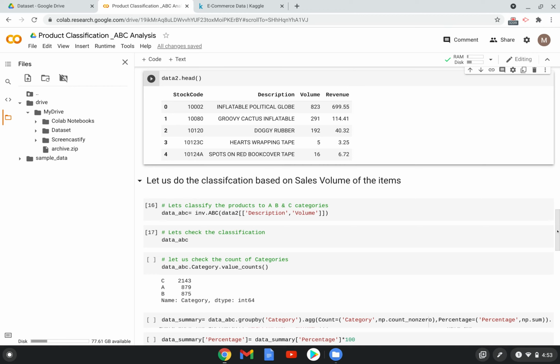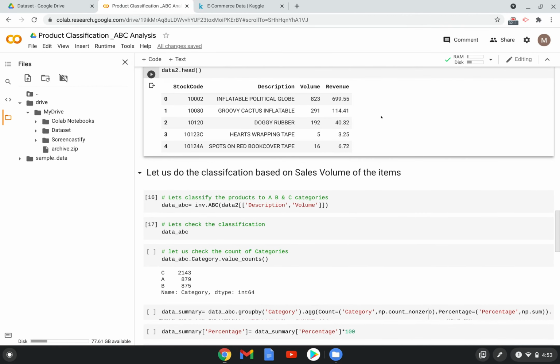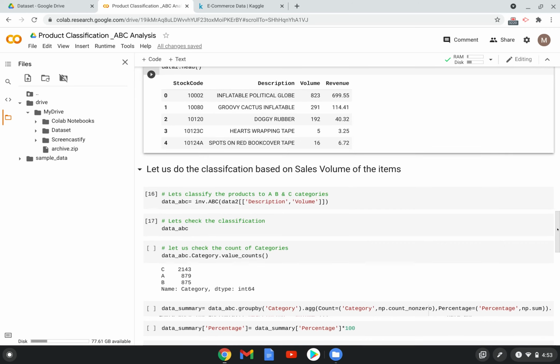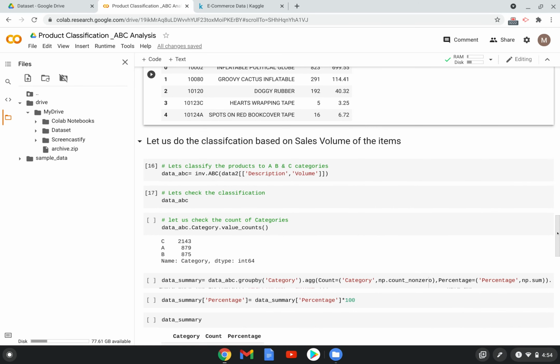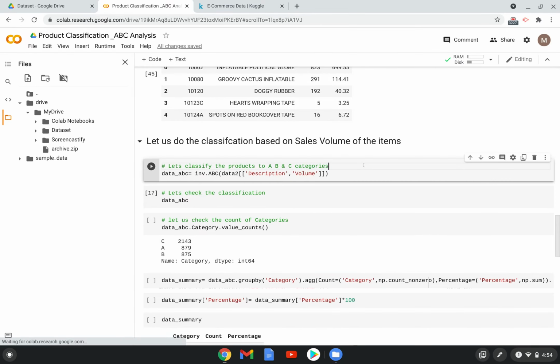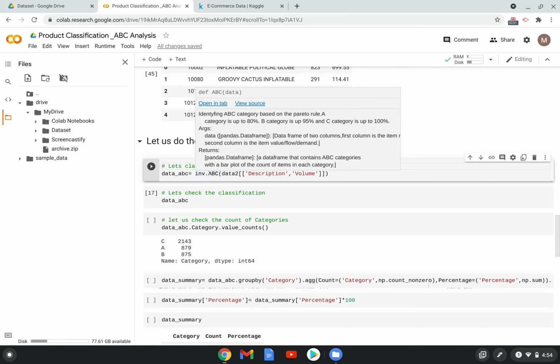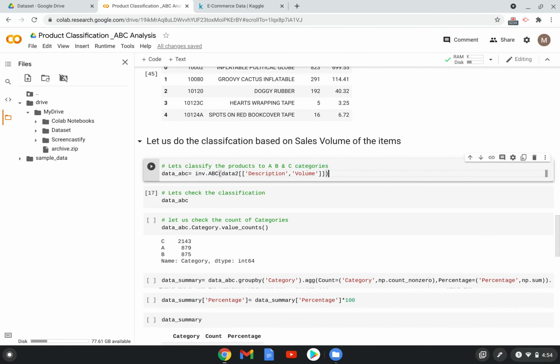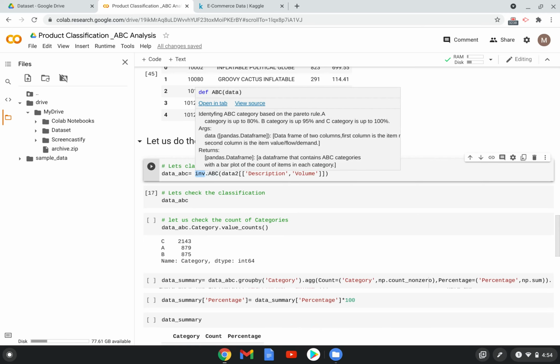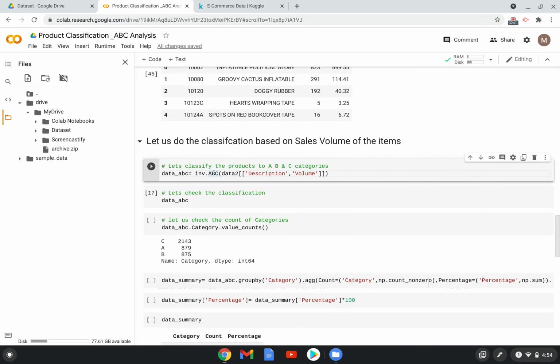ABC classification. So in the first method, let's do this ABC classification using the sales volume, which is this column, so let us identify the key volume drivers. To do that, we need to call this inventorize package. This inv is the inventorize package, and in it we are calling the abc function.